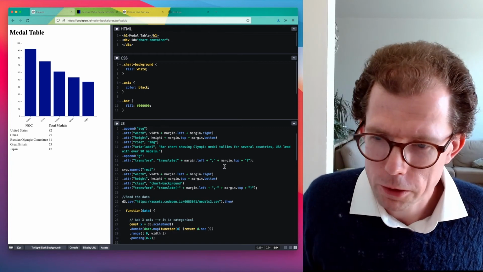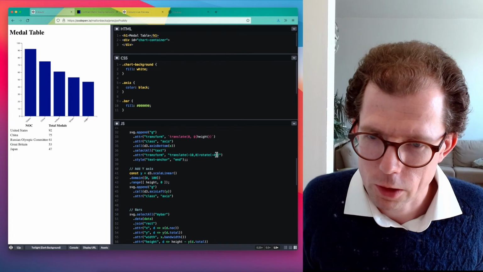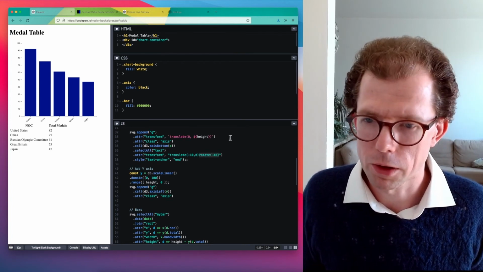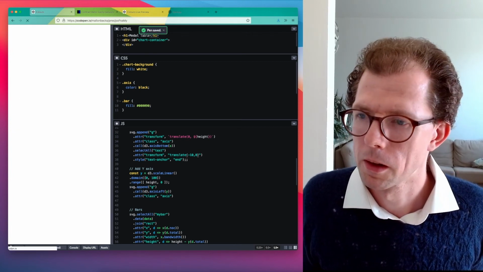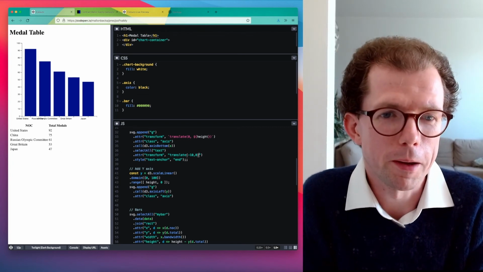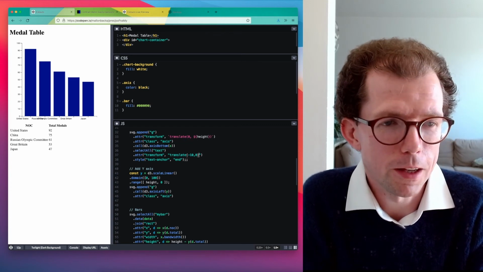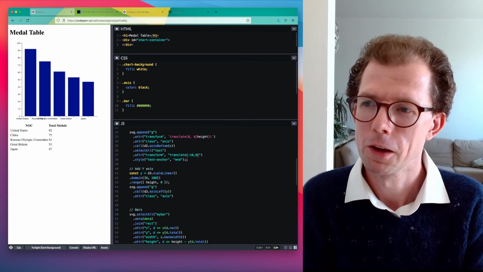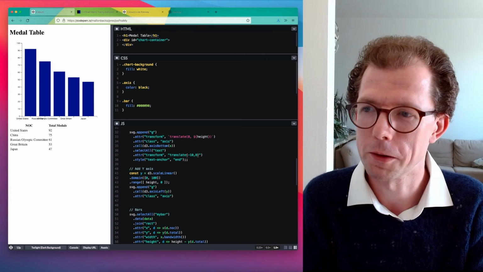Now, the first thing we can try is, what if we get rid of the rotation? So let's see what happens if we remove rotate from each of the country names. Okay, now we're getting this horrible overlapping. Now, this is the reason that my personal preference is, when you're including charts in articles and blog posts and things, you probably want to prefer a horizontal bar chart over a vertical one when you can.